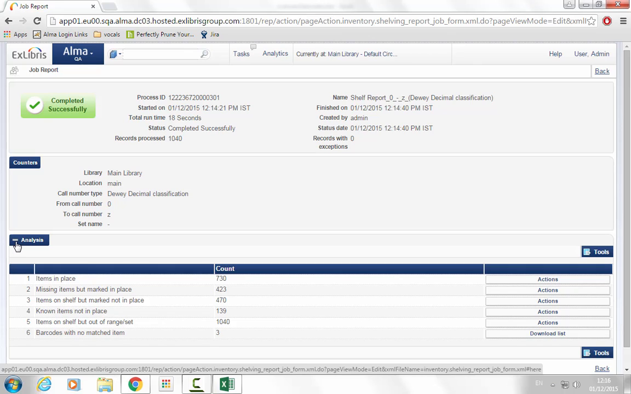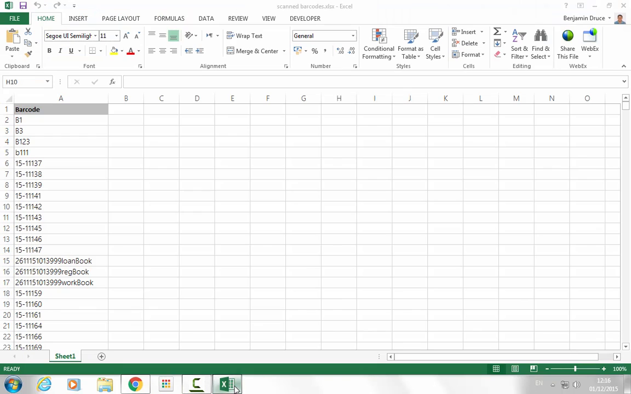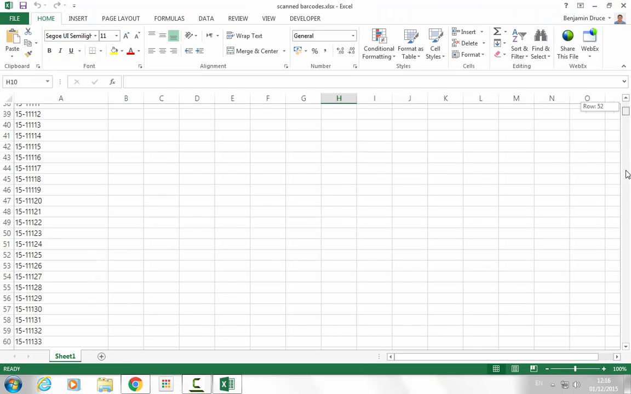Known items not in place: the items are not in the list of barcodes, and Alma knows that. No need to do anything there. Items on shelf, but out of range set. And lastly, we have barcodes with no matched item. There might be barcodes that have no item on them. We actually set this up earlier. If we go to the end of the list here,